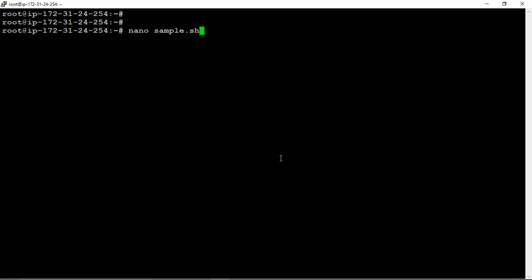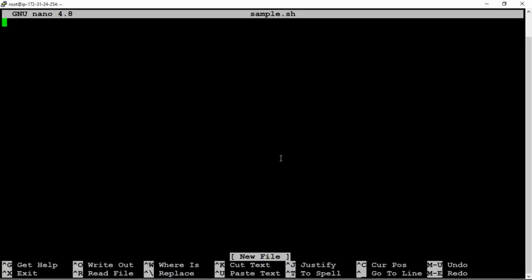Now I want to print the instance details in a script manner. By using nano space sample.sh, I'm creating one file with the nano editor. Just enter that one, and you will be redirected to the editing mode. Now enter your script there. To enter your script, we need the main line, hash not, that is /bin/bash. That is the main line we need.